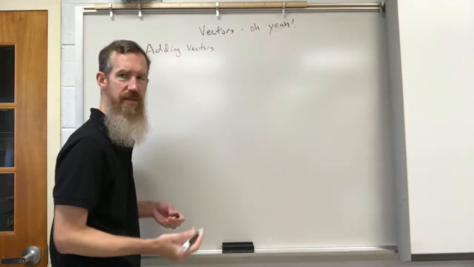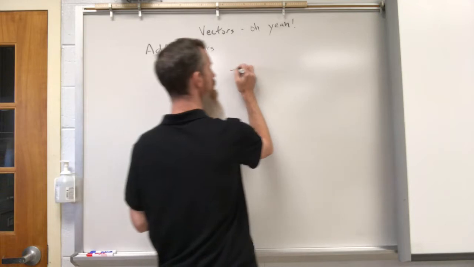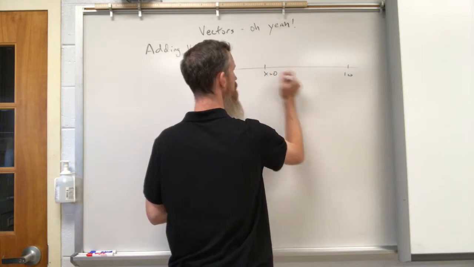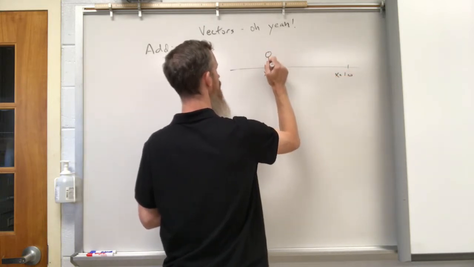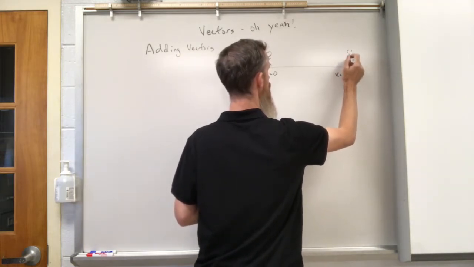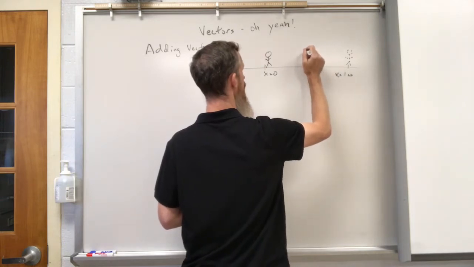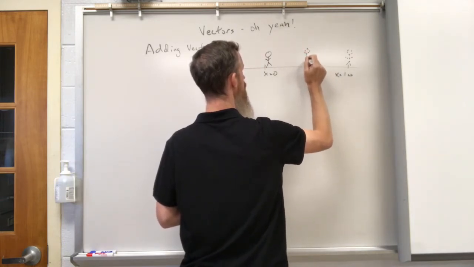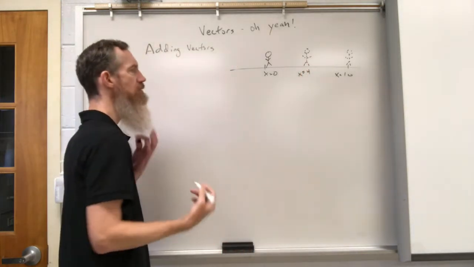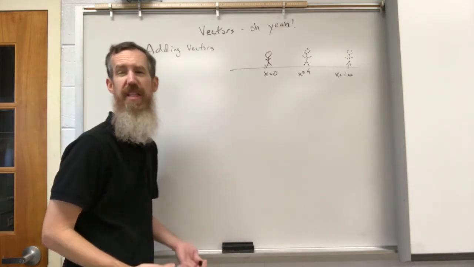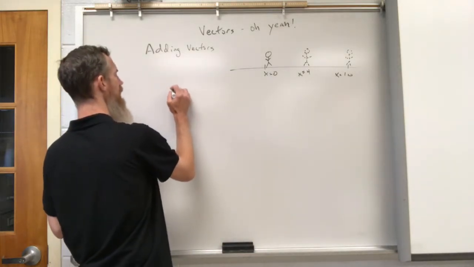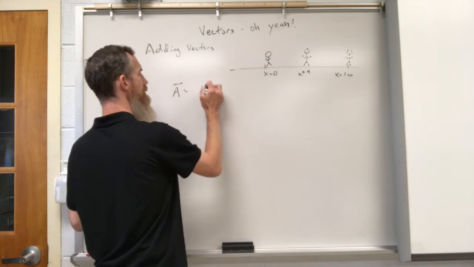So we take the two vectors that we realize, and of course these vectors correspond with the physical scenario, right? So we have a person, they walk 10 meters, and then they turn around and walk back 6 meters, and they end up here at x equals 4. We know that to be true. What we'll do is we're going to call the first part of the trip, they call it the leg, the first leg of the trip, vector A. So vector A is 10 meters